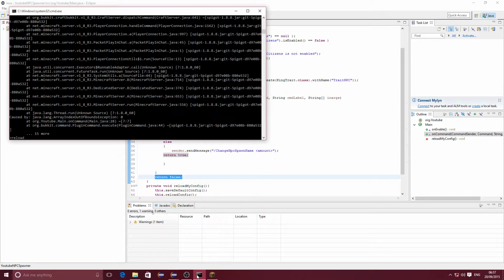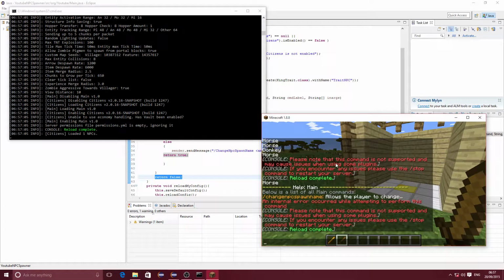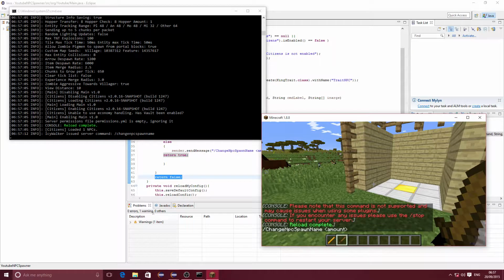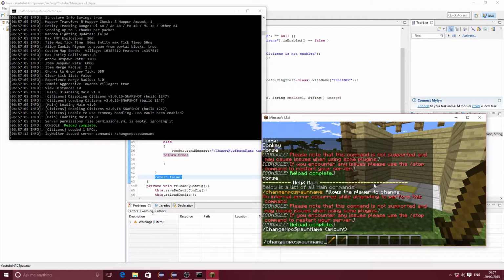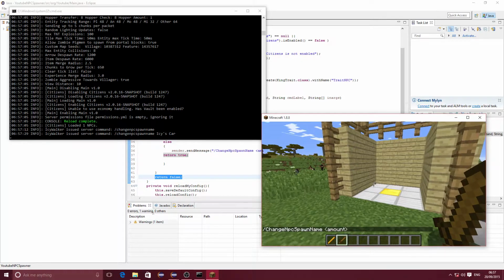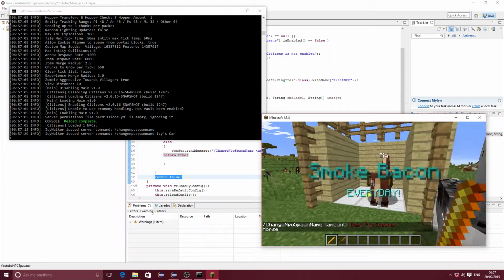reload this, only do this command. Oops. It's going to say how to do it properly. So now we can change the name to, sorry, not amount, it's actually name, but that's not a problem right now. So the name that we want to use now is Icy's car. There we go. And now if we spawn,